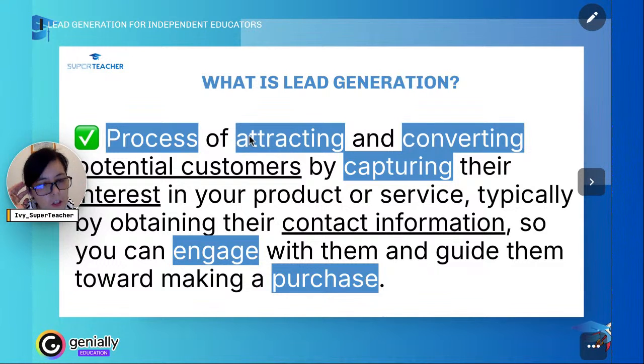Lead generation is a process of attracting and then converting potential customers by capturing their interest in our product or service. As educators, we offer live classes, courses, digital products, services, and so on. Typically it involves obtaining their contact information so we can engage with them and guide them towards making a purchase.